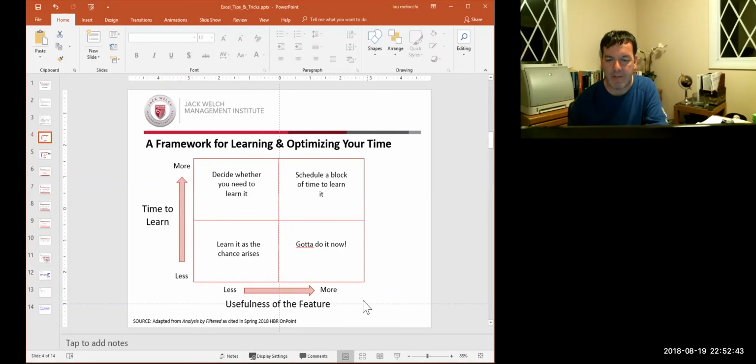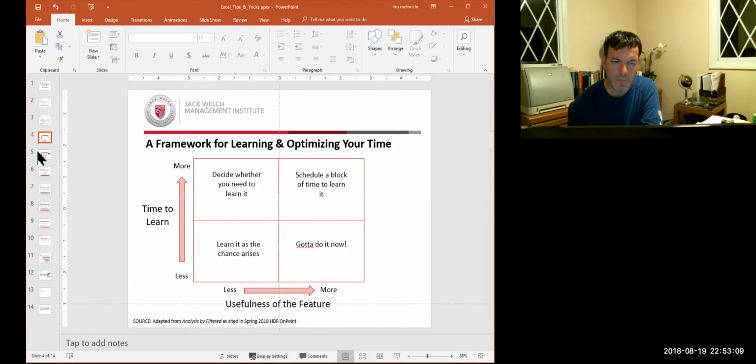And then on the x-axis, you have the usefulness of the functionality within Excel. So if you're on the left, it's not that useful, but if you're on the right, there's a lot of value to it. It's very, very useful. So obviously, functions that don't take a whole lot of time to learn, that are very, very valuable and useful, you've got to do it now. And that's what I'm going to focus on for the remainder of this webinar. There are other archetypes you can read within these other quadrants, but I'm going to focus down here on this